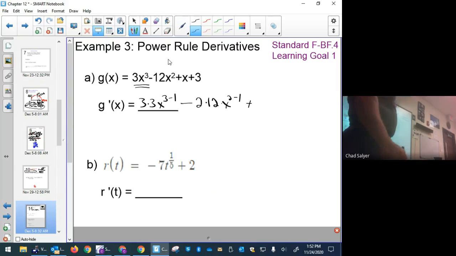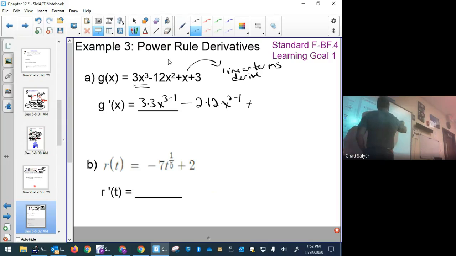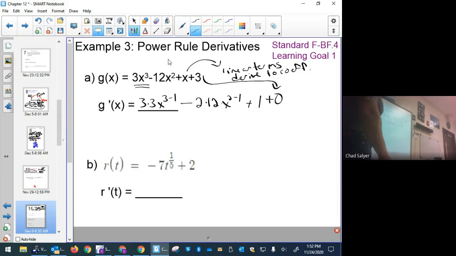Another trick, because the power rule is going to be a bit confusing for linear terms as well as constants. For linear terms, in other words, if x is to the first power, they derive to the coefficient. So whatever the coefficient is, in this case 1. And remember that constant terms derive to 0. So linear terms derive to just the coefficient value, and constant terms derive to 0. So simplifying this,